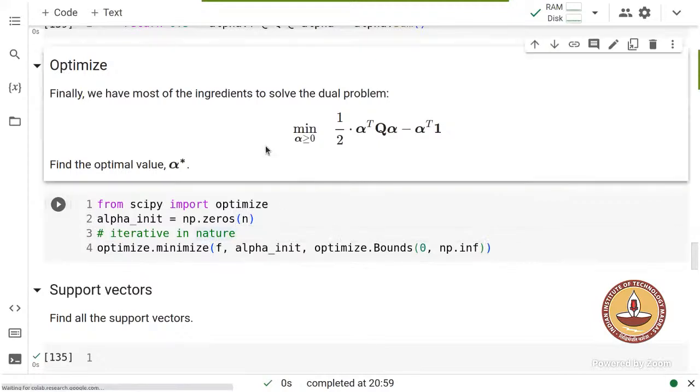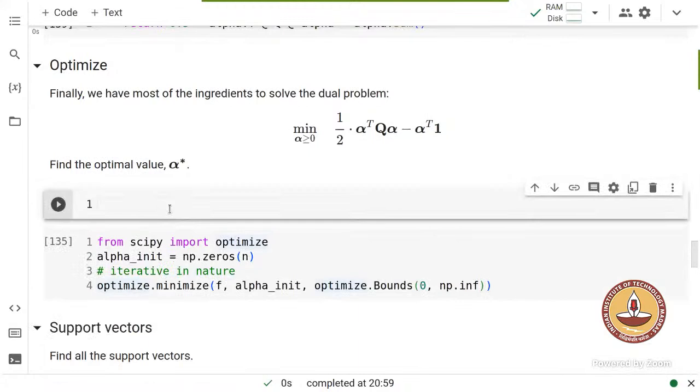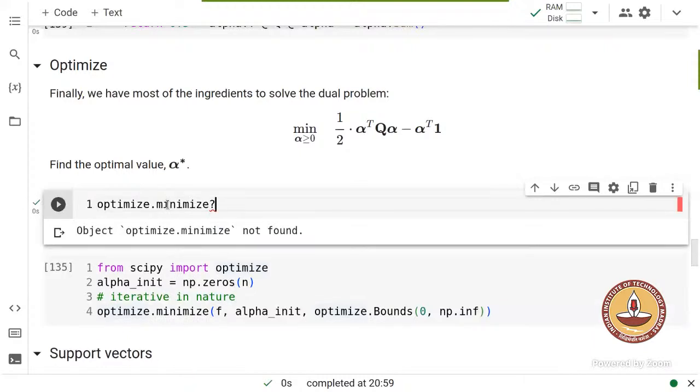Question. Is SciPy using the alpha init, which we've initialized to zeros? So does it automatically update those alphas till we reach the minimum? Exactly. Internally, how does it do so? There are several algorithms. There are several techniques, right? I'm not aware of all the techniques, but if you look at optimize.minimize,